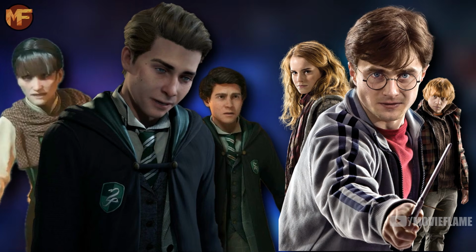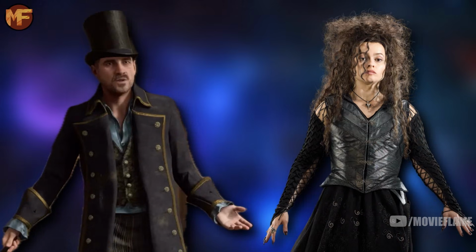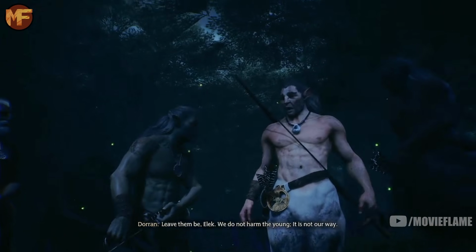We have a trio of friends with Ominis, Sebastian, and Anne, and just like the Golden Trio, it's 2 boys and 1 girl. Gareth Weasley is a prankster and jokester, making him bear a close resemblance to his descendants, Fred and George Weasley. You could also compare Victor Rookwood to Bellatrix Lestrange, Doran, the only centaur who stood up for the humans, could be compared to Firenze,